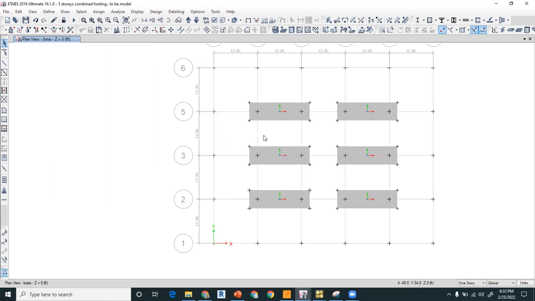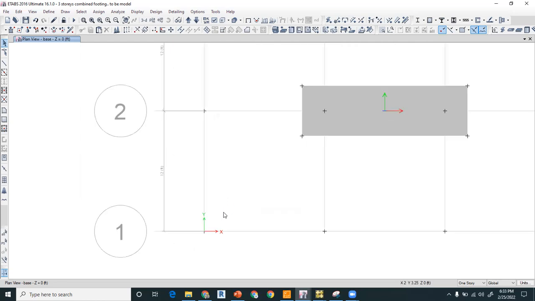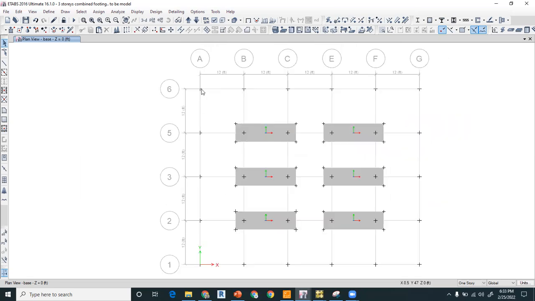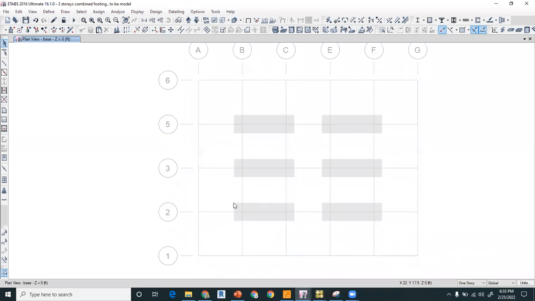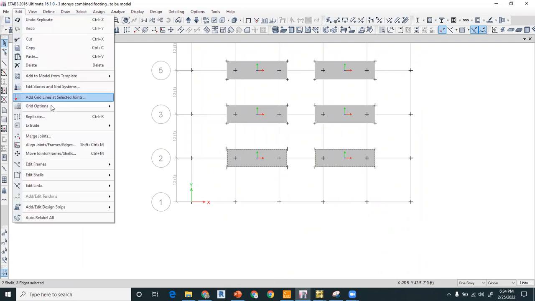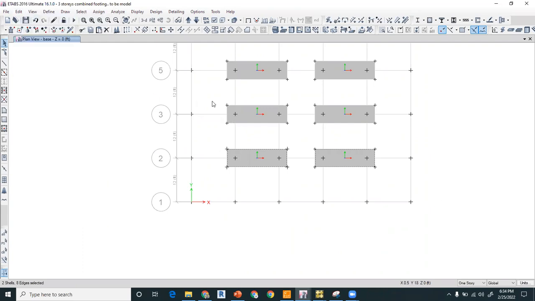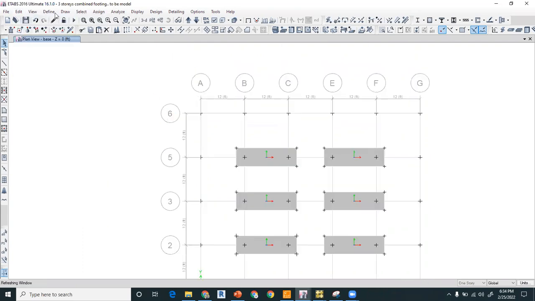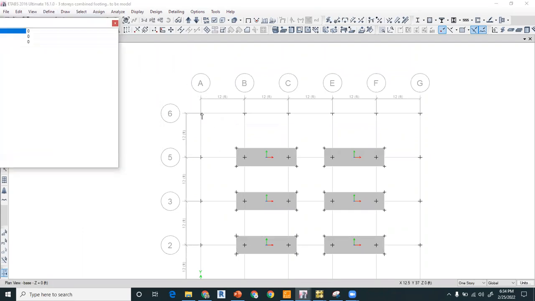Now the last one is the exterior one, that we have to model the footing for the exterior sides. For example, this is the boundary of the plot. You cannot go beyond this point and from this point, but at the start you have the authority, or you can go beyond this point. So these will be at the center, and the outer edges will be on the edges, right? So for this, you have to again draw the joint objects. This strip is 5 feet, so you have to click on the